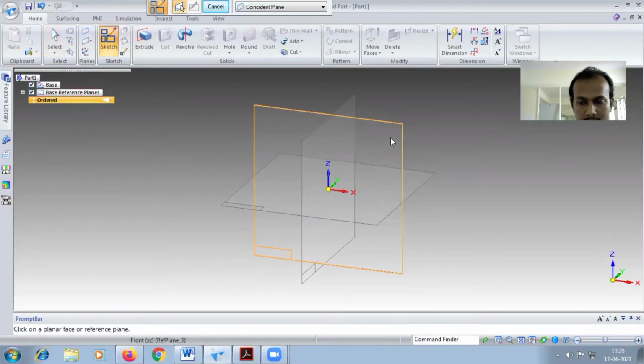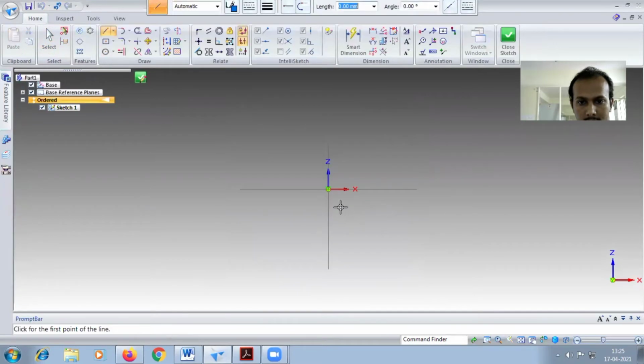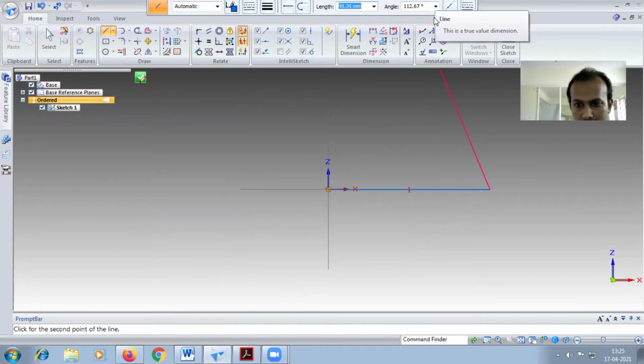Okay, always I am choosing the sketch here. Choose the front plane, and from the midpoint I will start. So 220 we have counted, so for one side you have to take from the center 110. So next, height is given. So how much is the height given? That is 85 is given. Okay.